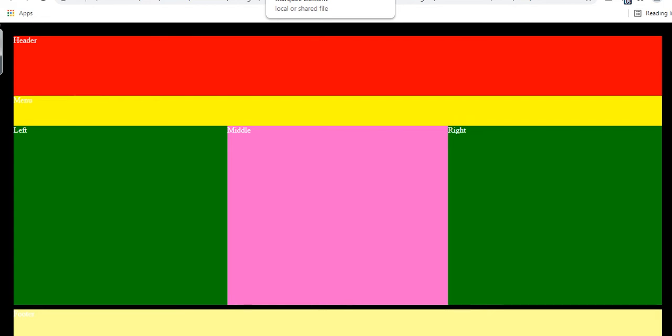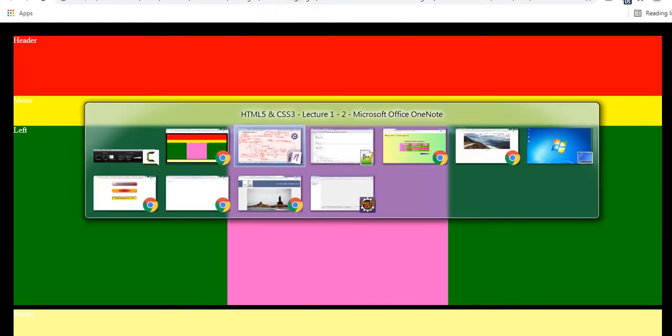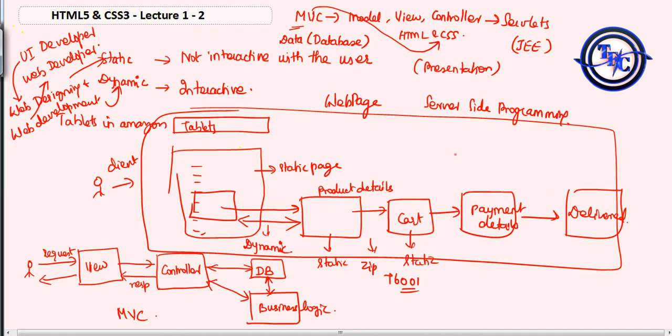A website is nothing but a collection of web pages. Say for example I have a login page, and you want to tell details about yourself, so an about page.